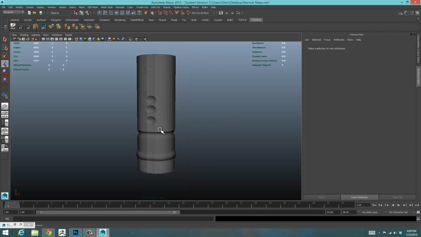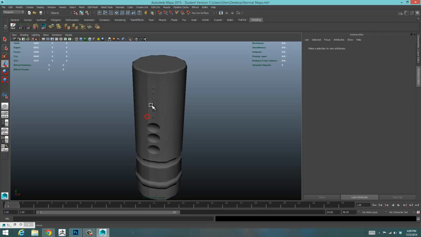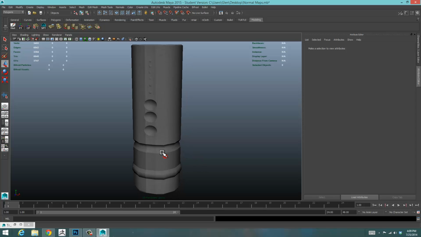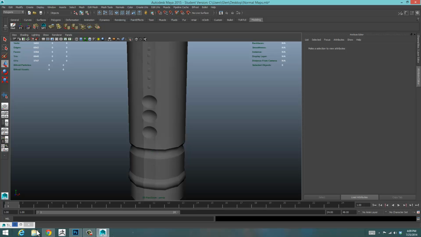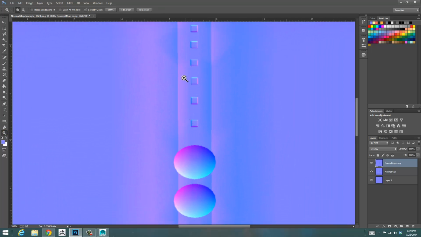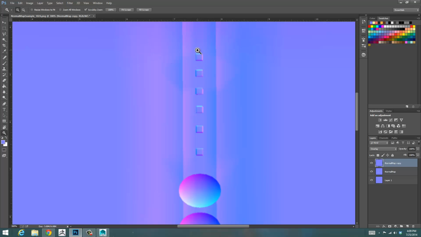So say there's some area, like these squares here, that I want to pop out more, but I don't want the rest of this to pop out so much. What I can do is just jump right back into Photoshop. I duplicated that, and what I can do is take that layer that I duplicated, and I'll erase everything else except for these squares. So I'll grab a marquee selection and marquee around those squares,